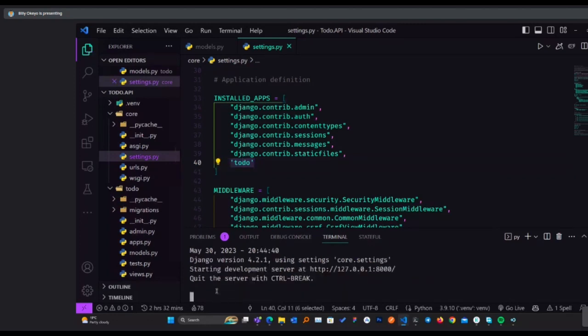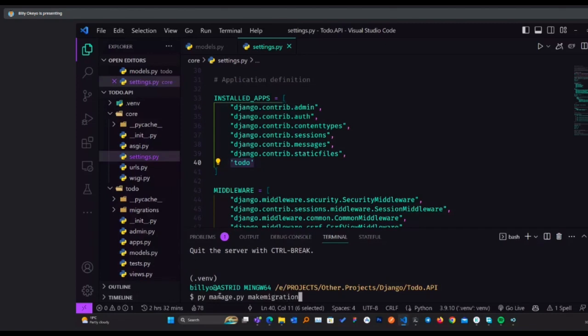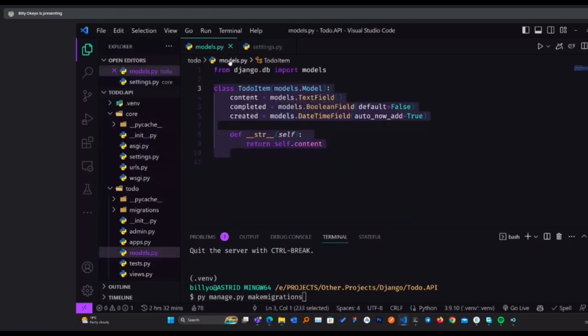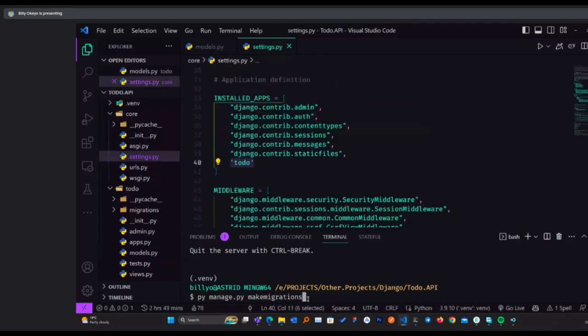Then after saving it, I'll stop the server. Then I want to make migrations now. I want all these that I have to be committed. So that's why I'm making migrations. There are two commands that you really have to know. There's makemigrations, then there's migrate. From the word makemigrations, you're making the migrations. Then with migrate, you're migrating those migrations that you made to go and sit in the DB, or rather you're pushing them to the DB. That's the difference.